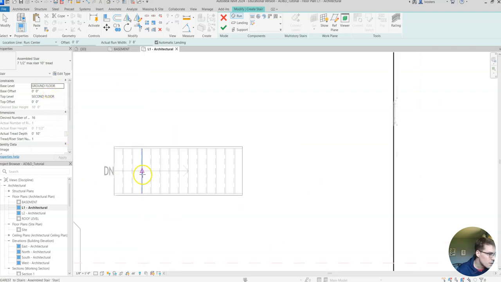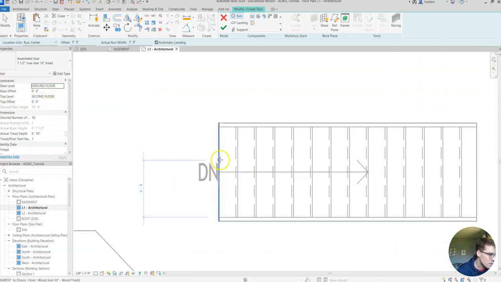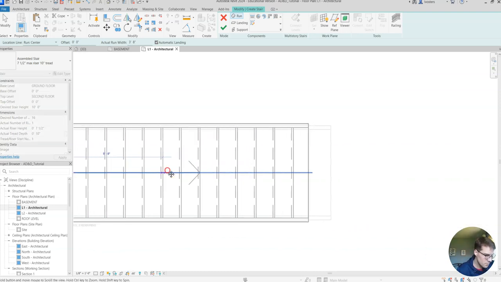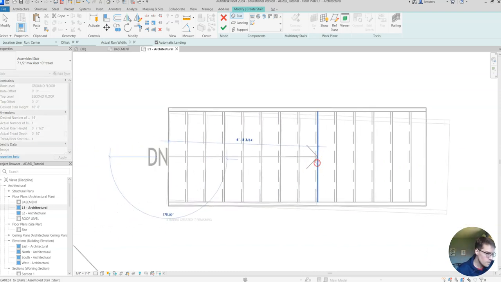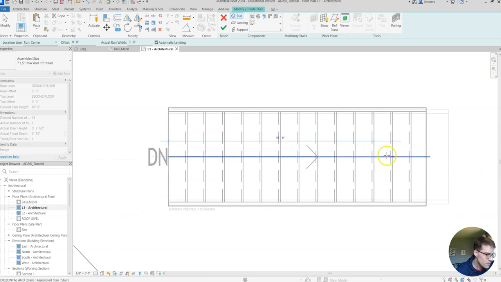And then we're going to draw it again from this other edge. We want to select the midpoint, which if we click the end point of our last stairs, should put us at the midpoint. As I draw this, we should see that we have a few risers remaining. It'll tell you how many, right at the bottom there. So I'll need 16 risers from first floor to second floor, and that's because we have a slightly taller